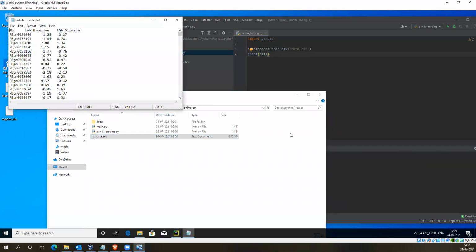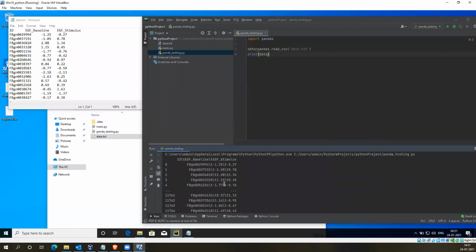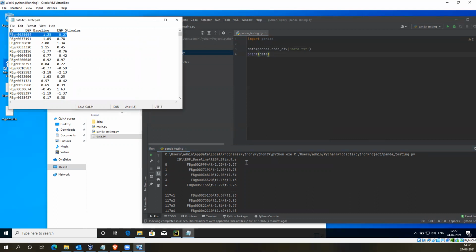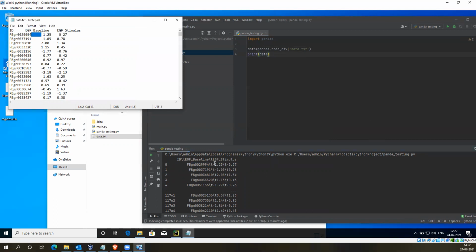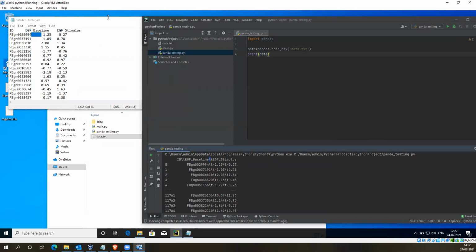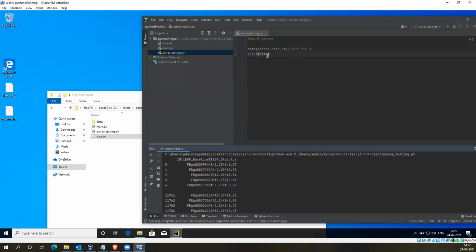This is not the format I expected, because it is taking 0 as the first index value and this complete line as a single value, but I want to split it into multiple columns. You can see the difference between these two. It is separated by a tab, so let me use it as a delimiter.